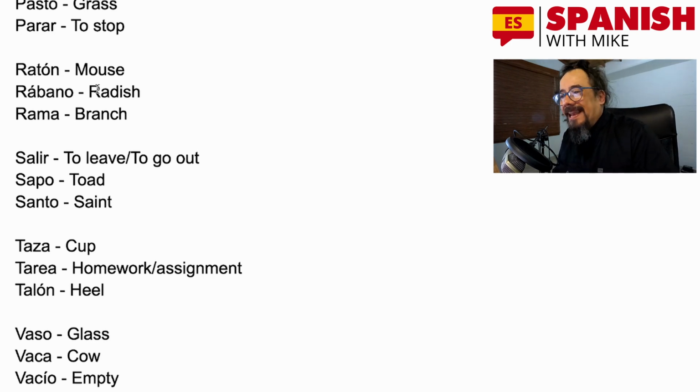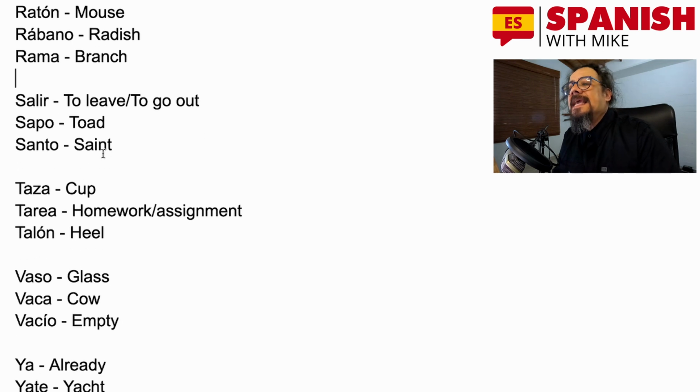Ratón, mouse. Rábano, radish. Rama, branch. Combination SA,